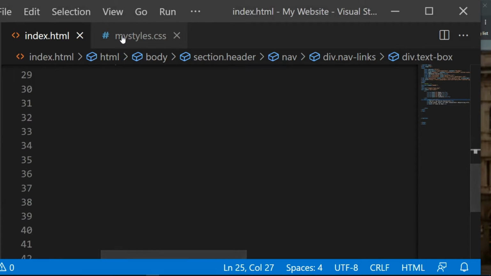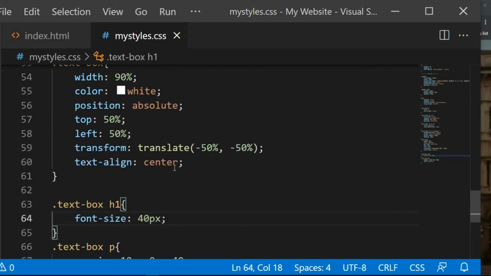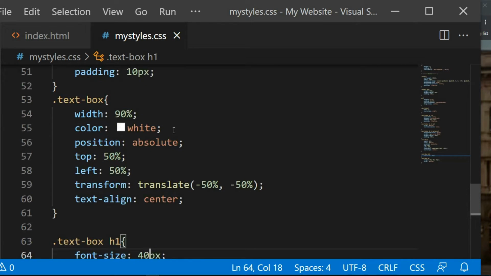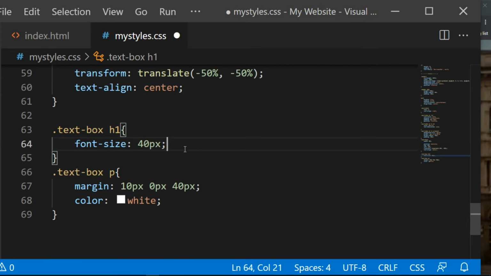So with the university, I'm going to give it a different color, actually the H1. So let me remove the color here, and then paste it there,